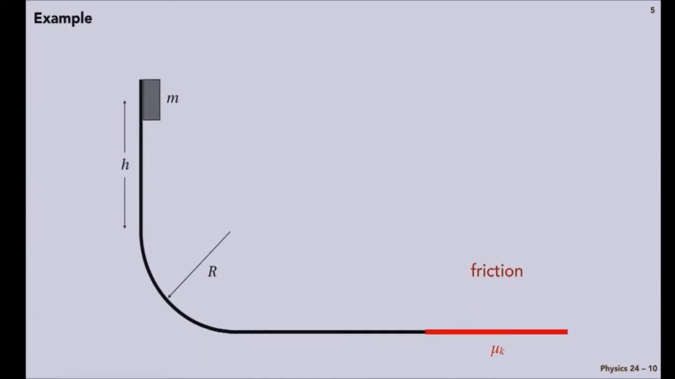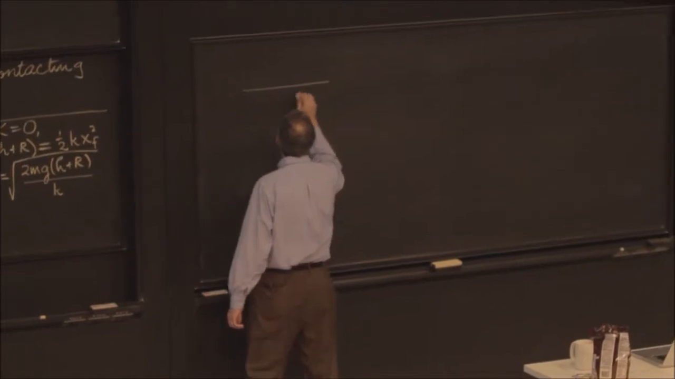Okay, now we do the same thing. So we don't have to do the first part because it didn't change. And instead we have friction. So on the segment when there's friction with coefficient mu sub k,